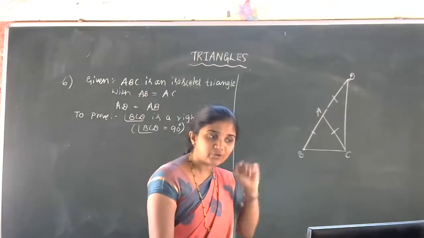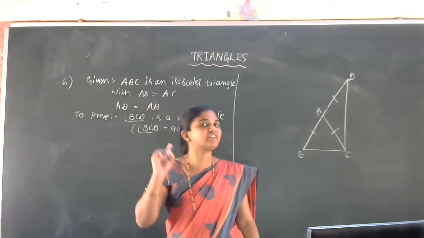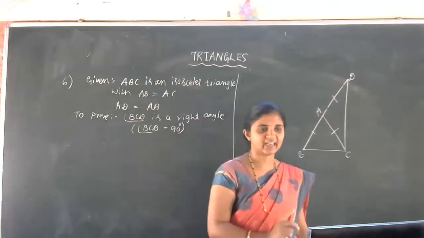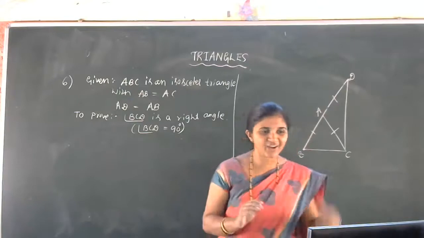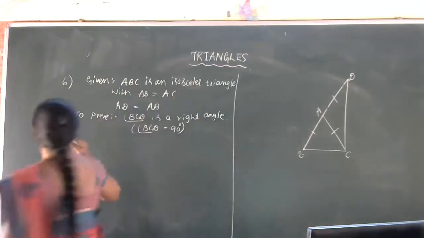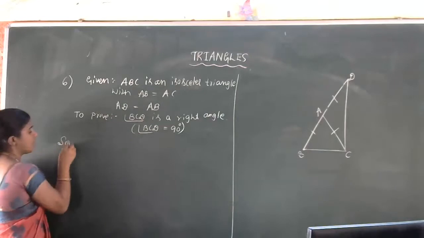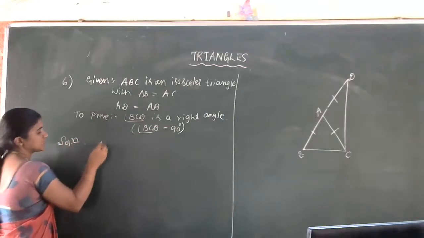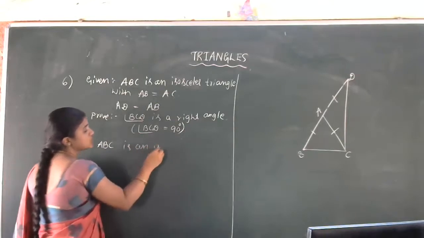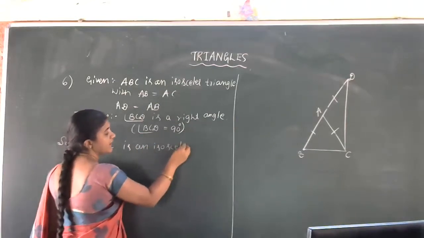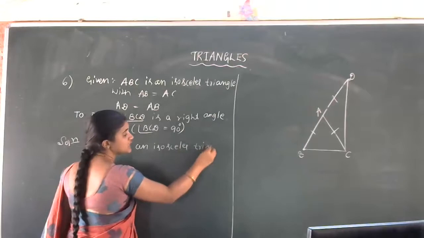This angle is equal to this. And this is also an isosceles triangle. This angle is equal to this. Now, what is the next step? So we need the target that angle BCD is equal to 90 degrees. BCD is equal to 90 degrees, we need. How can we reach the proof?